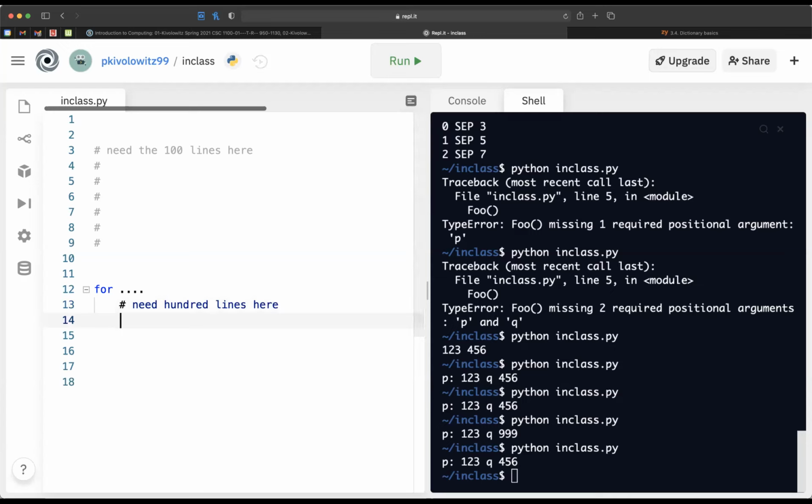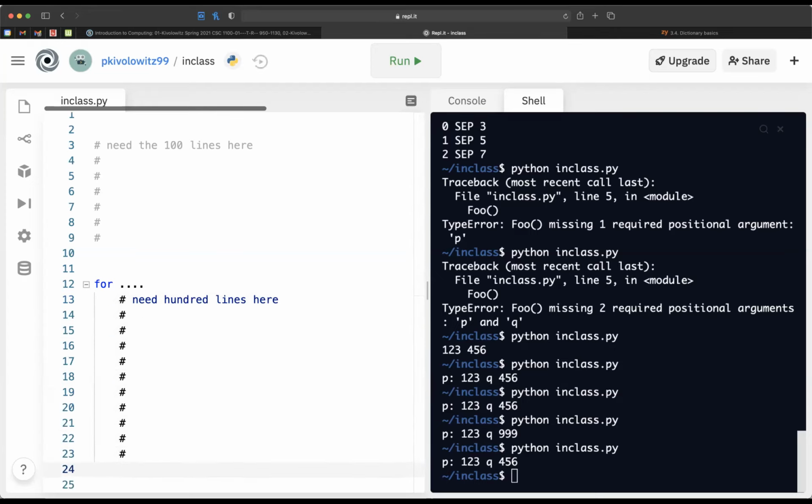So it's the same 100 lines. And now this for loop is just enormous because it's got 100 lines there. Okay. So the value of making a function, one of the virtues, is if you create a